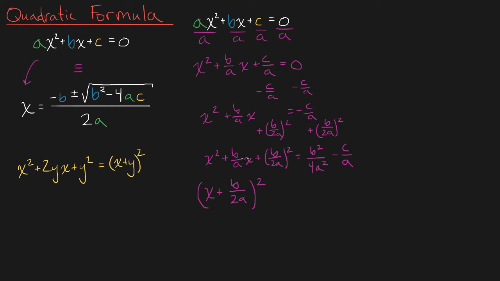So now that I've replaced the left-hand side of this equation, I can copy down the right-hand side. But before I copy it down, I want to find a common denominator for these two terms so that I can combine them. So if I multiply this term on the right, c over a, by 4a over 4a, it's not going to change the value, because 4a over 4a is equal to 1. So it's equivalent to multiplying it by 1, but it will give me a common denominator of 4a